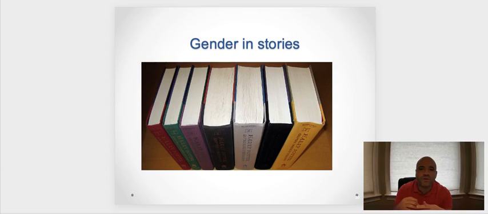So this is one of the reasons why the television show Dora was so popular when it came out, because this is one of the first instances where we had a female character doing adventurous, dangerous kinds of things. Dangerous for a 4-year-old. But this socialization process with gender teaches us the way that we are supposed to be a boy, the way that we are supposed to be a girl.